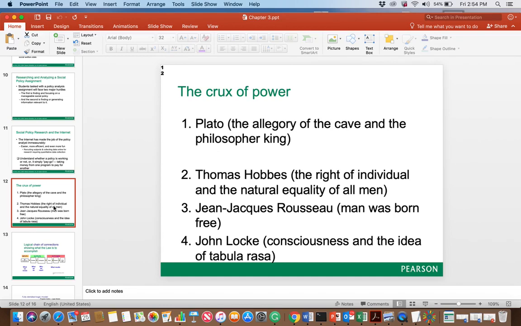How about the idea of Jean-Jacques Rousseau? Rousseau came up with the concept that man was born free, that because man was born free, he should be allowed to flourish so that he can be very innovative, he can be very creative. Well, the critique of Rousseau said, well, no, man was not born free. Man was born everywhere tied to his mother through the umbilical cord. So we are not born free. So think about some of the chains that really chain human beings: the chain of drug abuse, the chain of violence, the chains of all those kinds of things. Well, I'm sure that Rousseau was not thinking about those chains, but those are the ideas that you need to